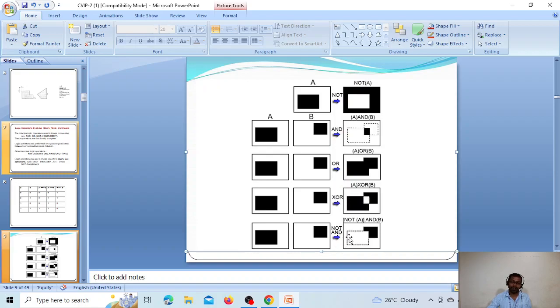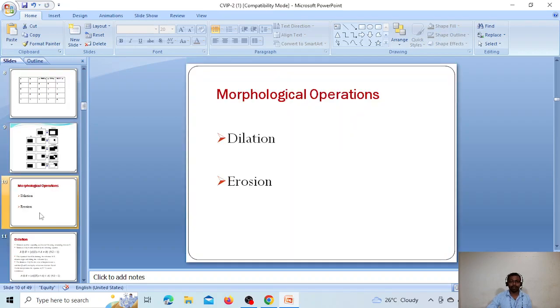And NOT AND is not of A and not of B. So this is an example of applying image processing on binary images with logical operations. Then we come to the main morphological operations in image processing, which are dilation and erosion.